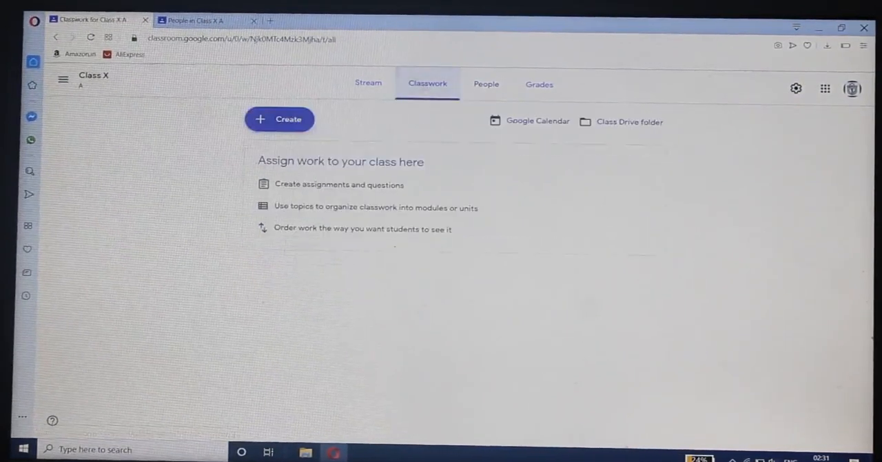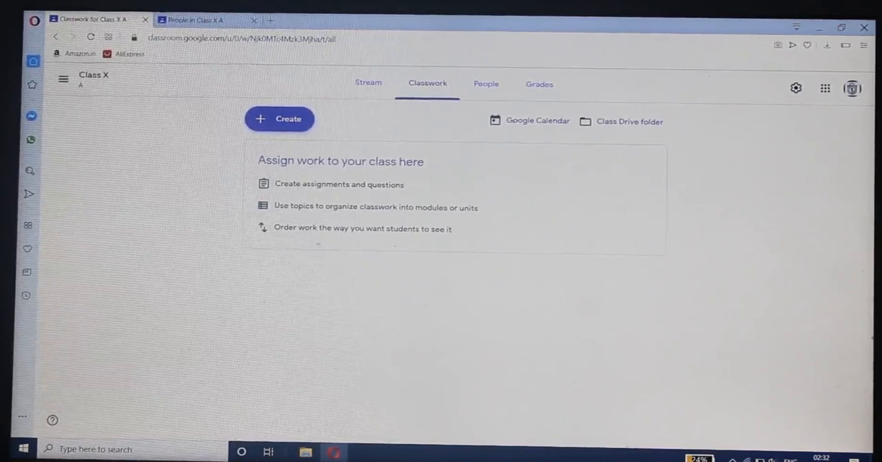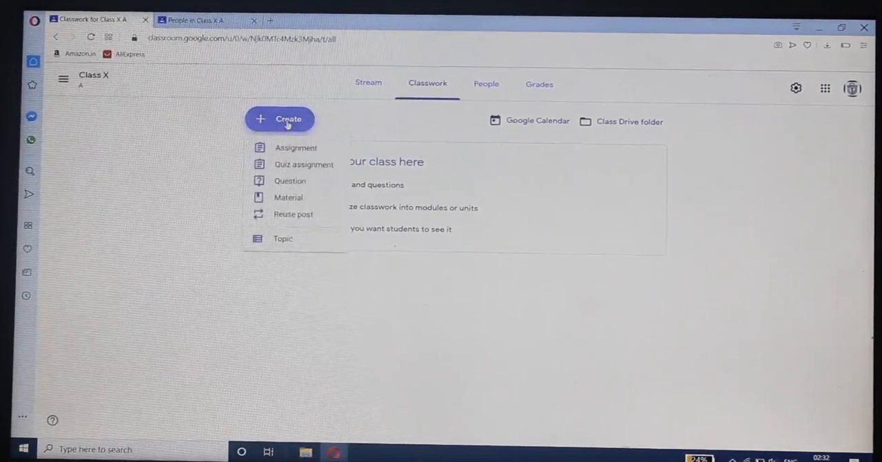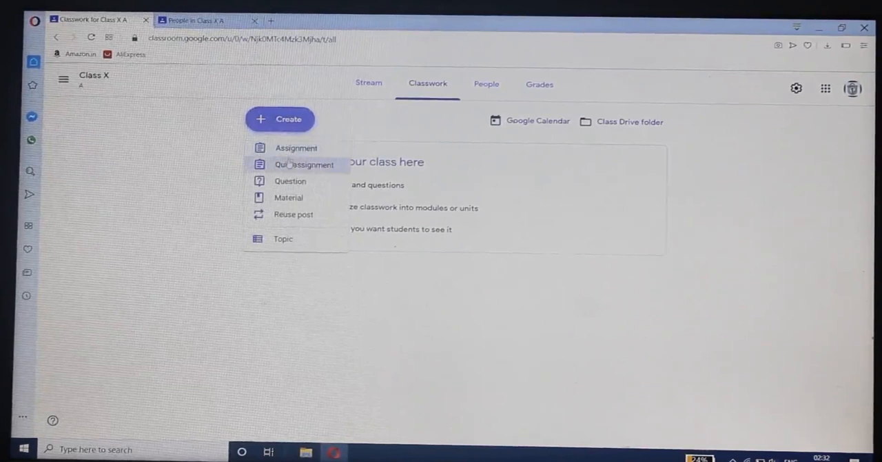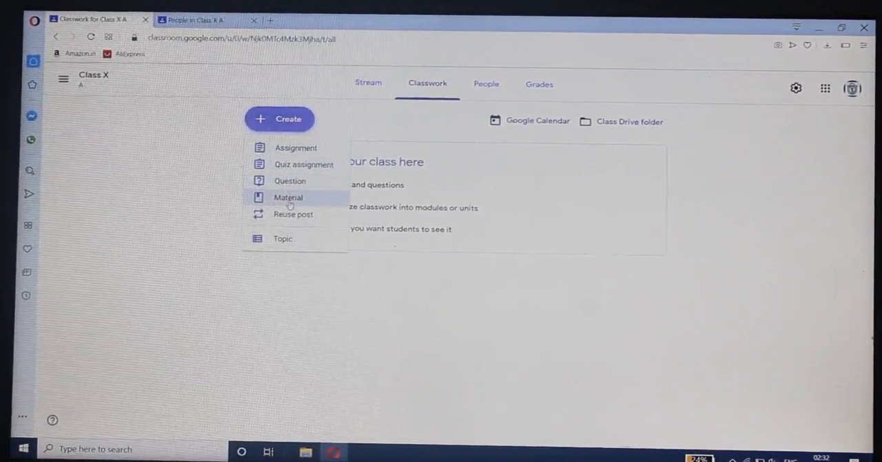And now if we go to classwork, there you can see some buttons. For example, create assignments and questions, use topics to organize classwork into modules or units, and the third option is order work the way you want students to see it. Going to create and going to question material,